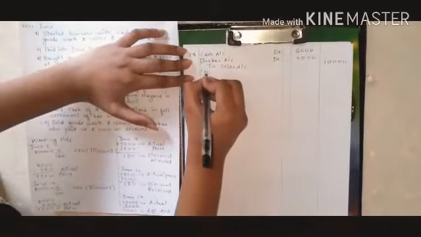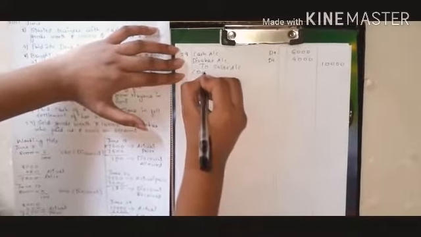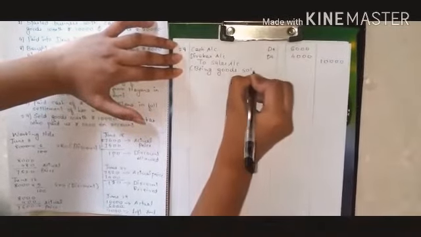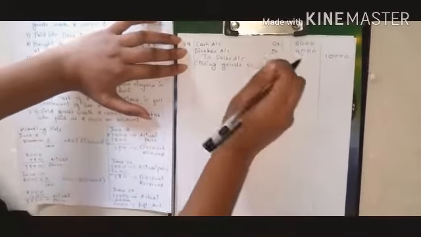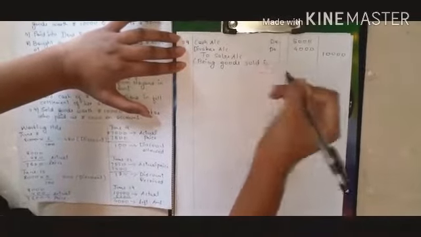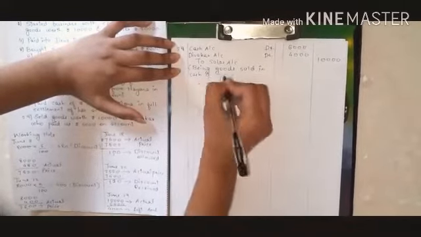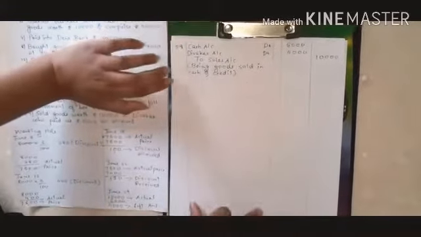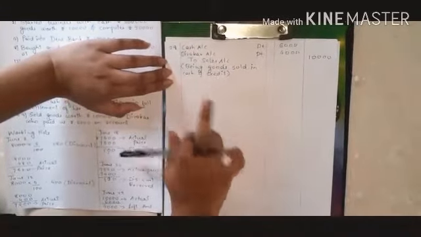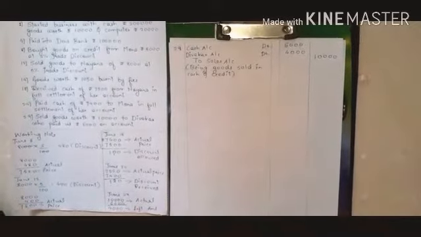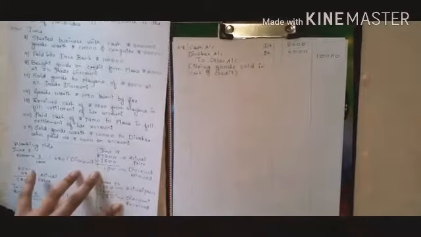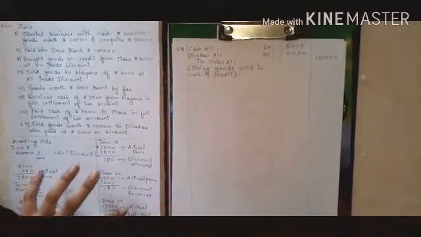Narration being goods sold in cash and credit. Because half the amount is being paid and half the amount is being allotted as credit. So being goods sold in cash and credit. Now here we have to make the total of debit and credit amounts. So let's just make the total of debit and credit amounts.